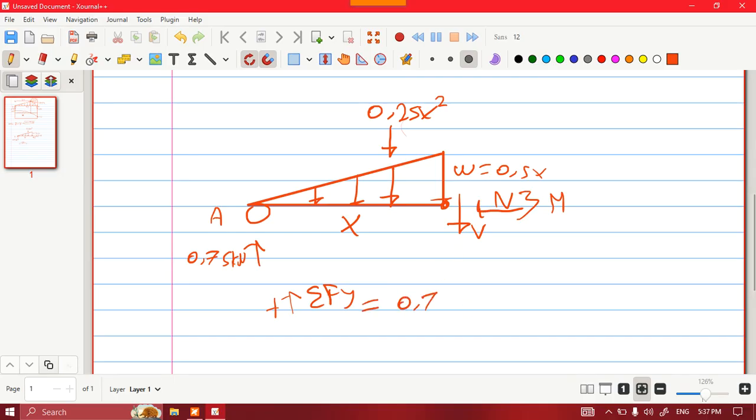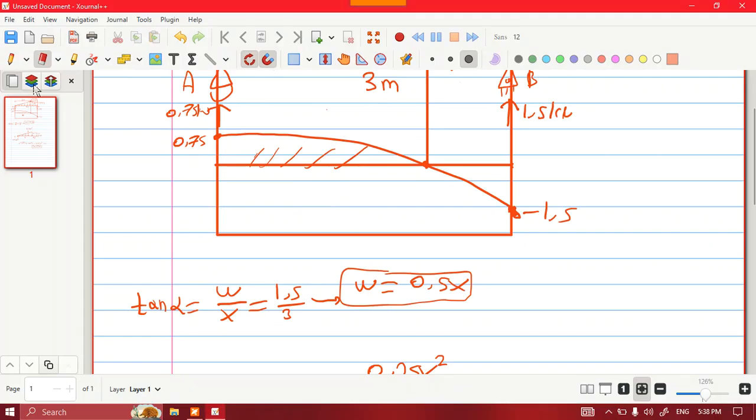I have 0.75, I have minus 0.25X squared to be 0. And X will be equal to the square root of 0.75 over 0.25. X to be equal to 1.73 meters. We found X. I'm going to write X here. This is our X, which has now become